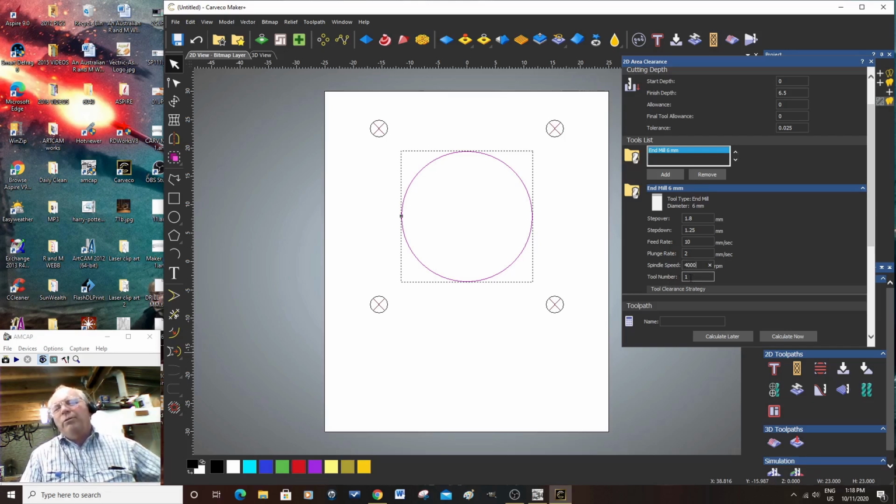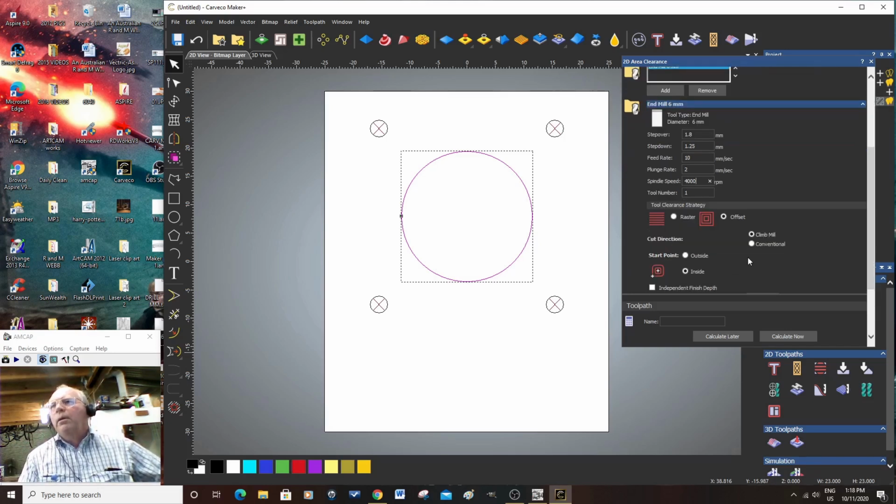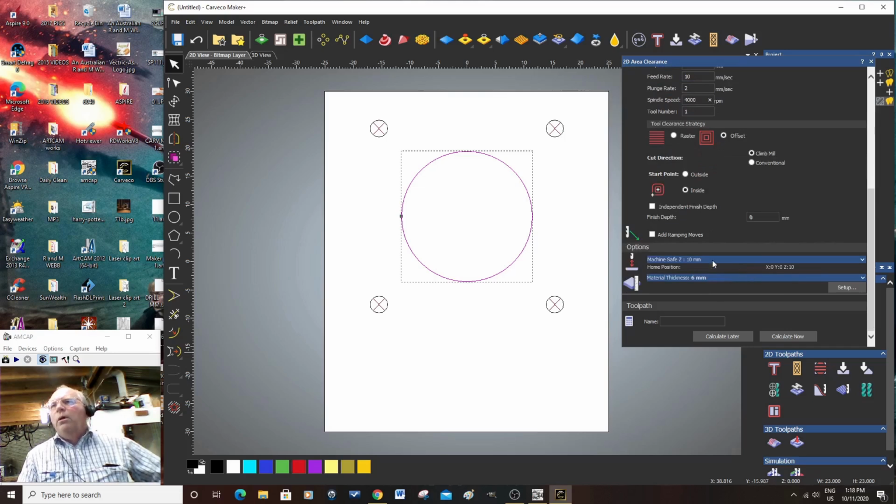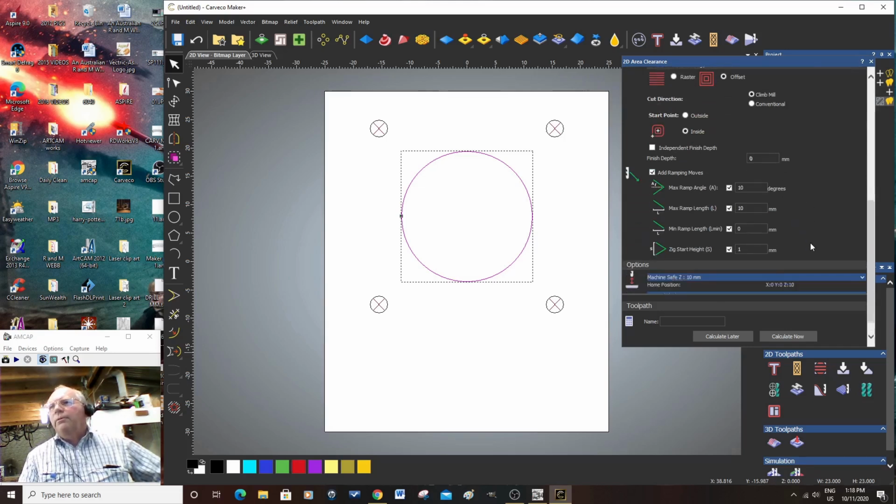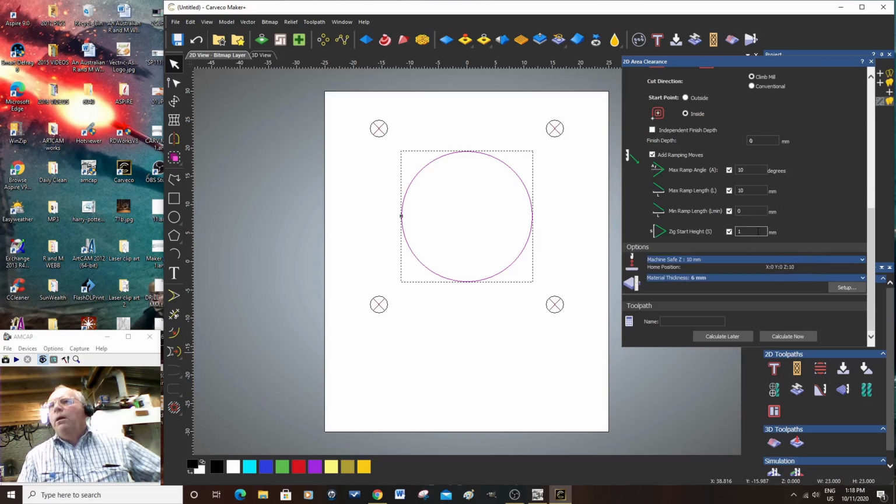Tool, that really doesn't matter, it's only if you've got a tool changer that it would matter. And we've already spoken about this. I always use an offset, and I go from the center. Ramp moves, most definitely. Now, Carveco sort of learns the way that you work normally, so this is all set fine. Machine safe 10, material thickness is the same,